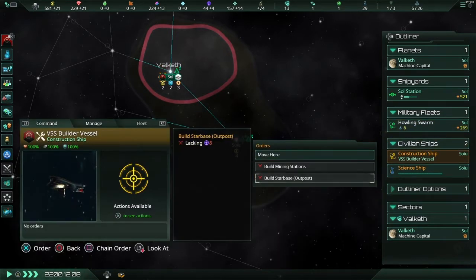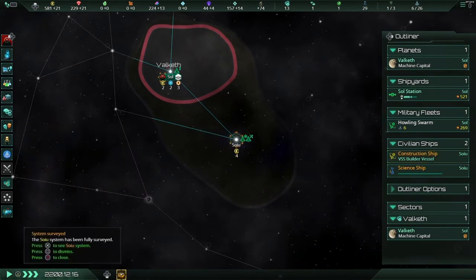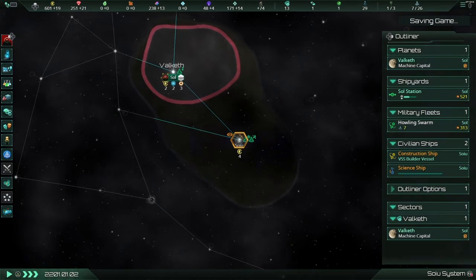Need 8 more influence. Aw. Makes me wish I hadn't started Map the Stars, but if I hadn't, my science ship wouldn't be finished the solar system yet, so...